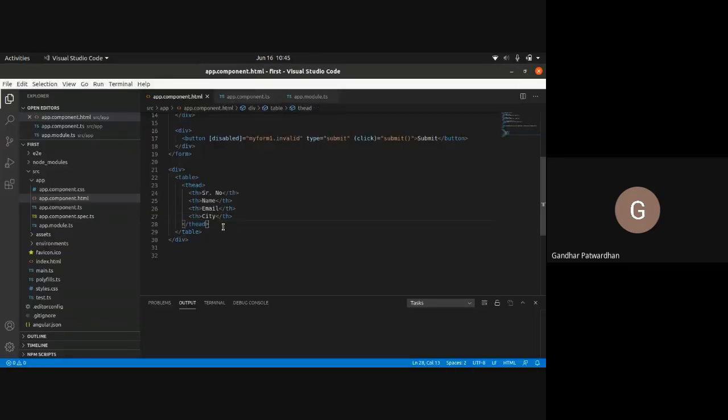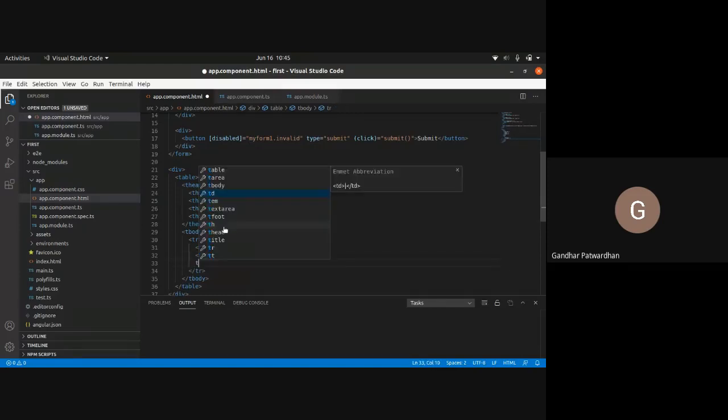Then I'll have a table body tag. Inside table body, we will have tr tag, which is table row, and inside tr, means in every row, we have td. And inside td, initially I would say one. The next td, that is table data, I would write some name, let's say Gandhar.